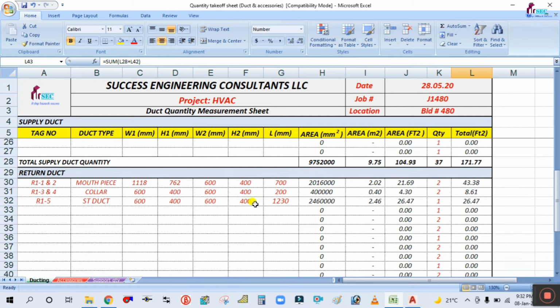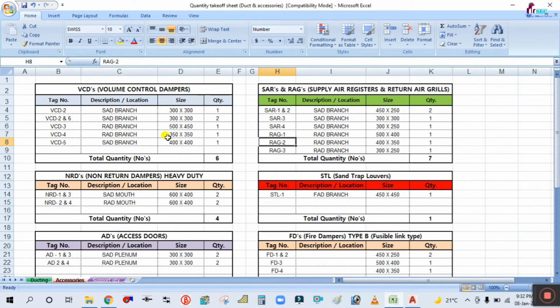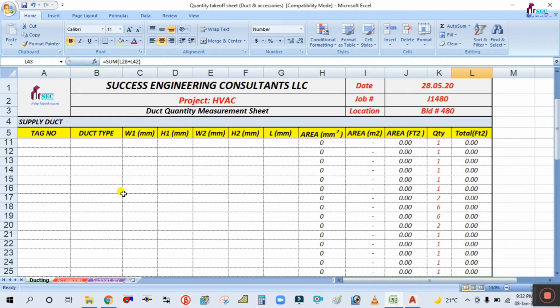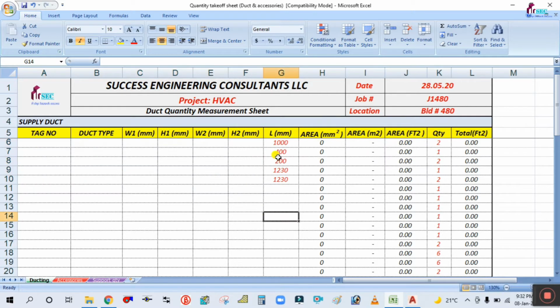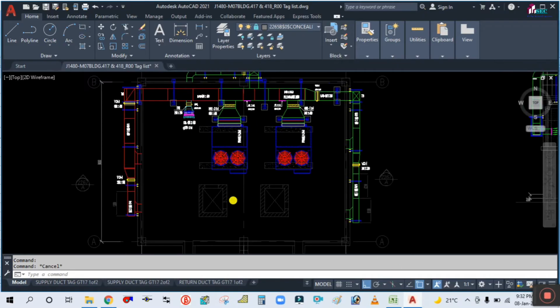Okay. So let's start now, and this is for the accessories. So let us start now. For example, I am deleting all these things first. Here also I am deleting this. So for example,